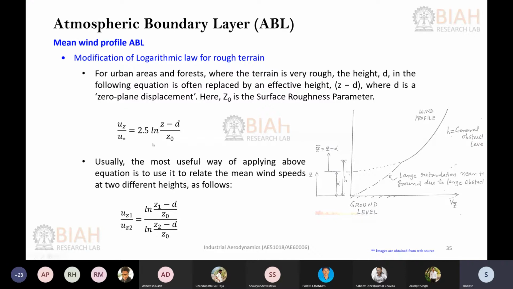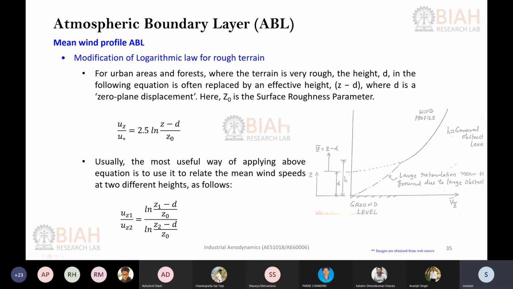Okay, so in that case, basically you need to find out how this Z0 is related in the two different types of terrain, and how D is related in the two different types of terrain. I think I have an example later on. Not very difficult. This is the same equation you need to follow, but the values will be different. Like Z0 at a particular terrain might be different when you are comparing two different terrains.